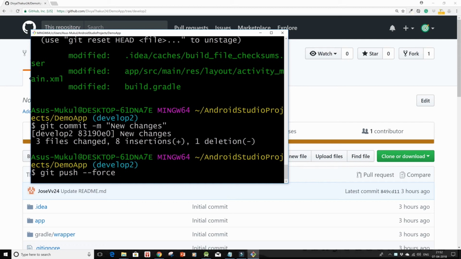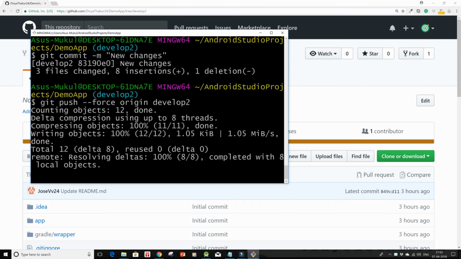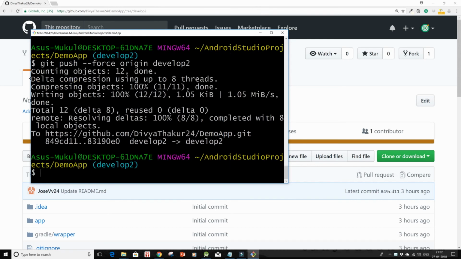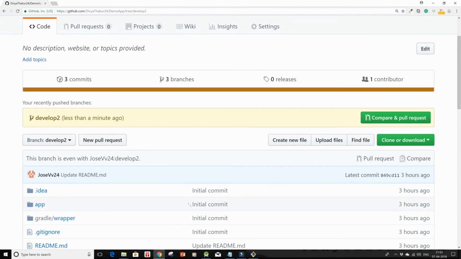I'll write origin, but this time the branch name is develop two, not master. So we'll have to wait. And yes, the changes have been stored and you can see over here that my develop two branch has been changed. So now create a pull request